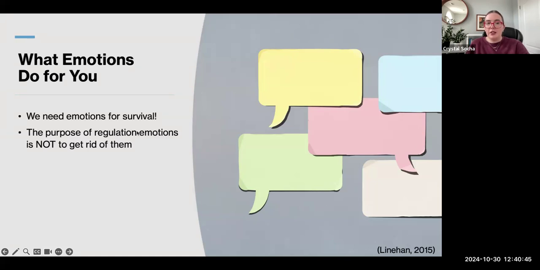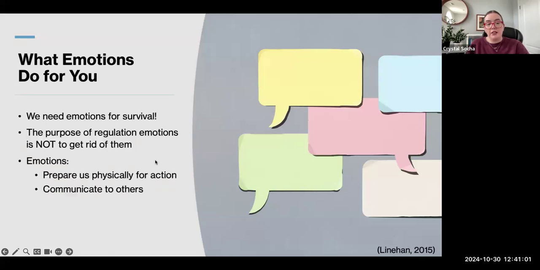And the purpose of emotion regulation and being able to navigate difficult emotions is not to get rid of them. The point is not to never feel our feelings. The point is not to push or stuff or repress feelings forever, but it is to help people recognize that emotions do prepare us physically for action. A couple of us mentioned cautioning us and warning us of danger. It also communicates to others and to ourselves. And so we want to be mindful of all these things that emotions do for us. So keeping these core components in mind as we move forward,